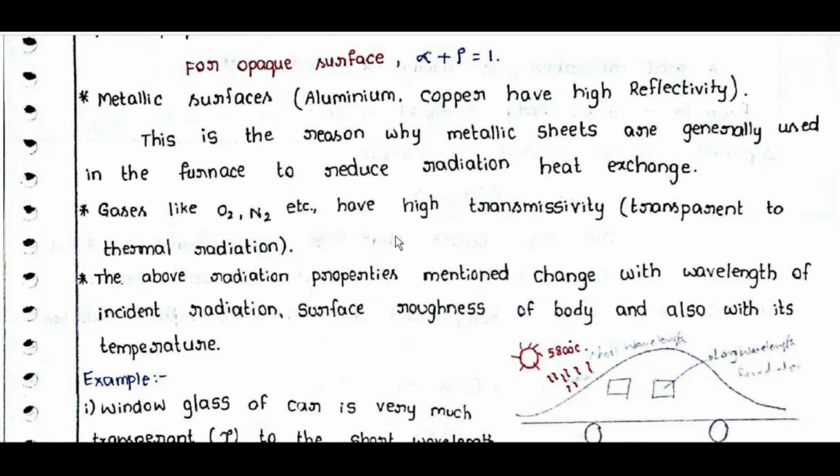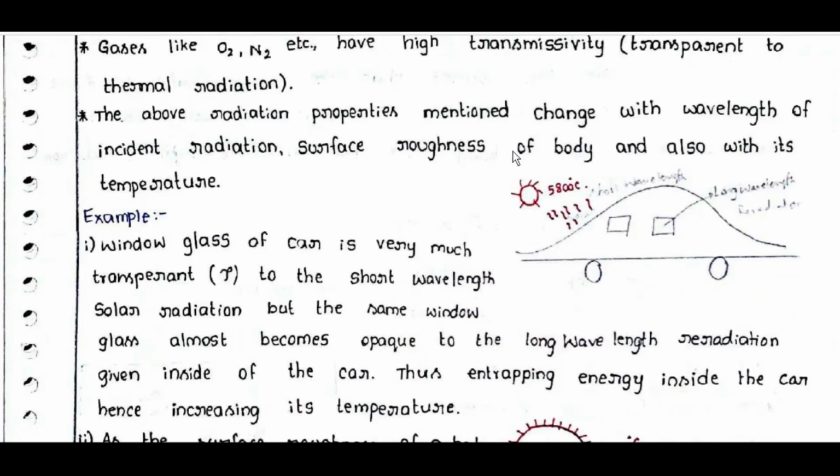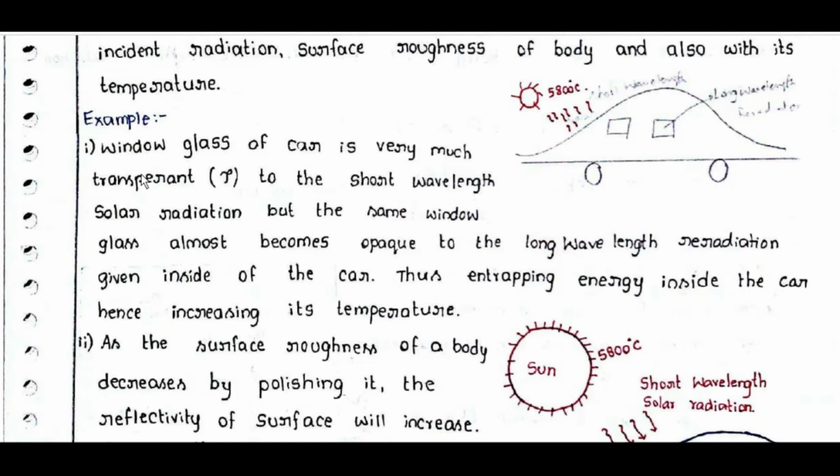Gases like O2, N2, etc. have high transmissivity, transparent to thermal radiation. The above radiation properties mentioned change with wavelength of incident radiation, surface roughness of the body, and also with its temperature. Example, window glass of car is very much transparent to short wavelength solar radiation, but same window glass almost